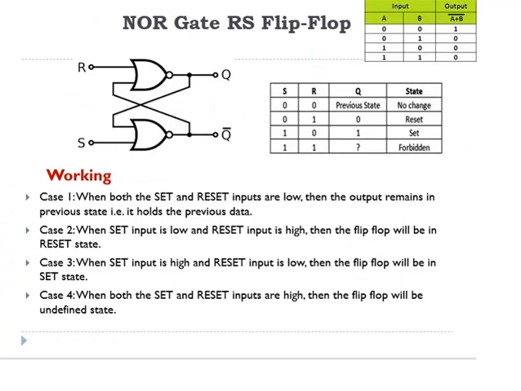Similarly, we can construct an RS flip-flop by cross-coupling NOR gates. In this particular example, you can see that the output of the first NOR gate is coupled into the input of the second NOR gate, whereas the output of the second NOR gate is given to the input of the first NOR gate. Here we have two inputs, S and R, corresponding to the set and reset states, and the outputs are Q and Q bar. The difference is that in the previous case we considered S bar and R bar. In this case it is S and R.